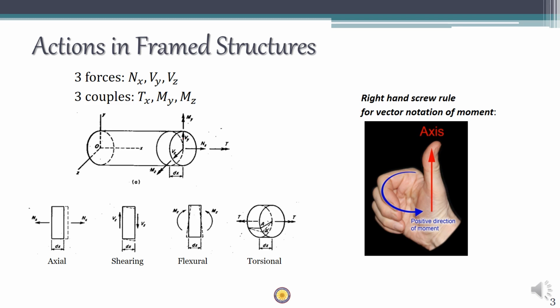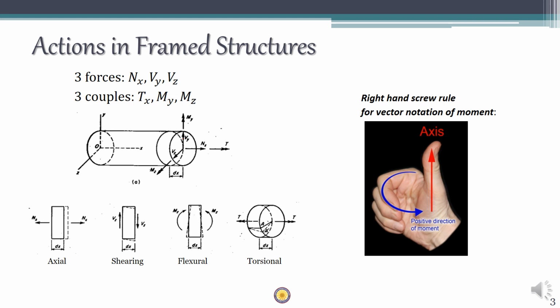We have learned moments earlier in terms of clockwise or anti-clockwise and about which axis. This double-headed arrow is the vector representation of moment about the x-axis. Here you can see T with a double-headed arrow. A double-headed arrow always indicates a moment. Here the right hand thumb rule is used. Point your right hand thumb along the double-headed arrow and the direction in which your fingers fold is the moment. So here T is a moment about the x-axis.